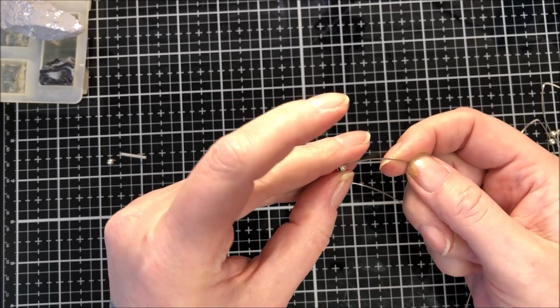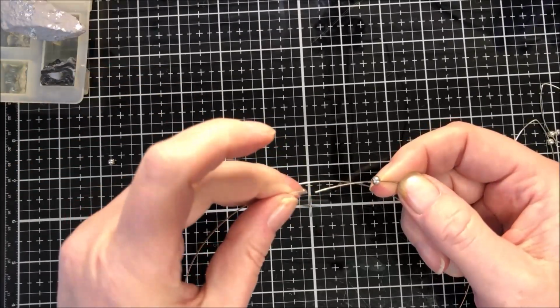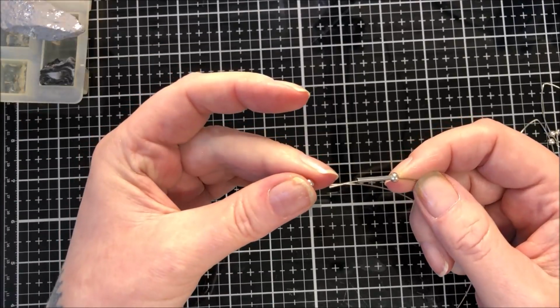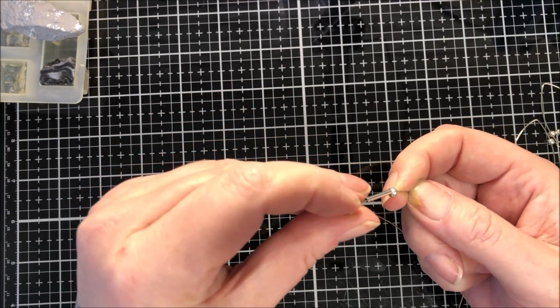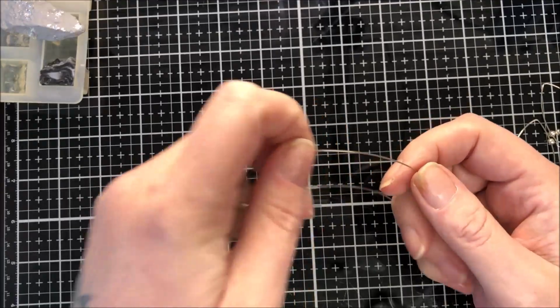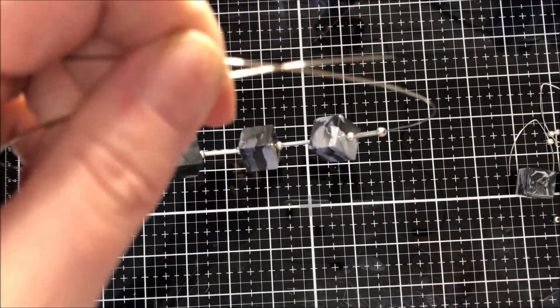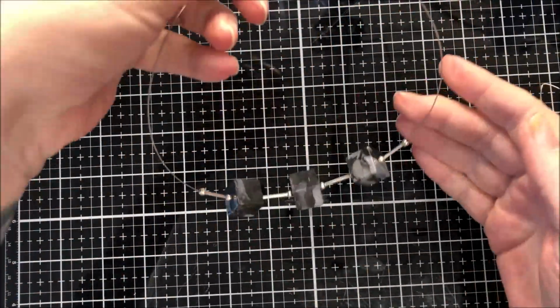Last section. Oh, thought there was something up with that bead then, it wasn't for going on. Now on some necklaces I like to use crimp beads to stop the beads moving around, but with the weight of these I don't really need to worry about it. So that's the